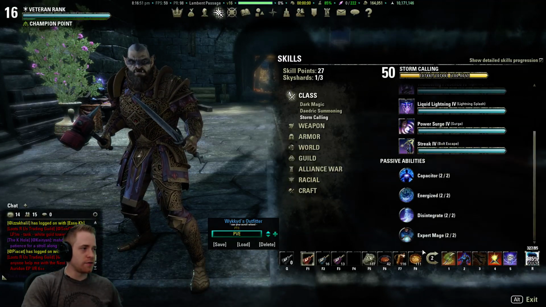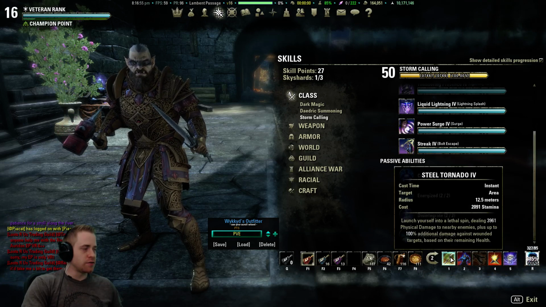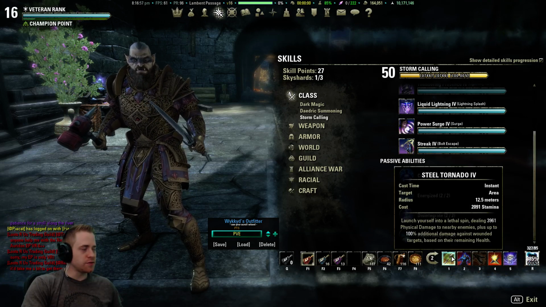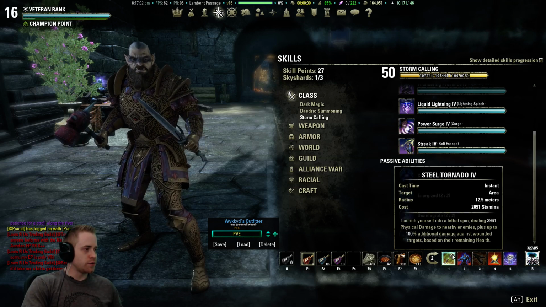The tick damage on Meteor is pretty insane. You get a lot of damage out of that ult. But anyway, bar 2. This is your AoE option, Steel Tornado, and the dual wield tree. Steel Tornado for the